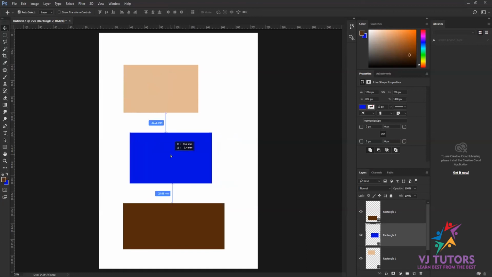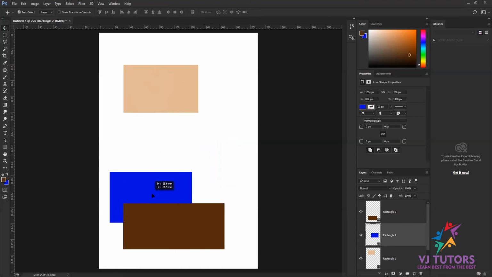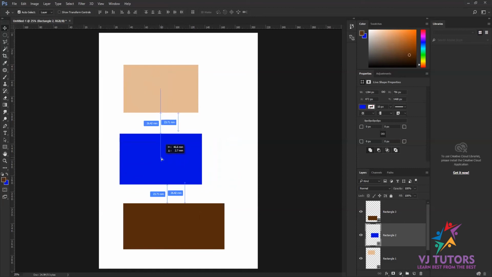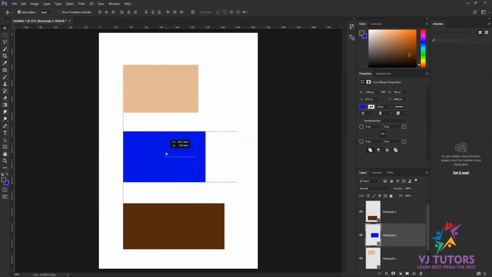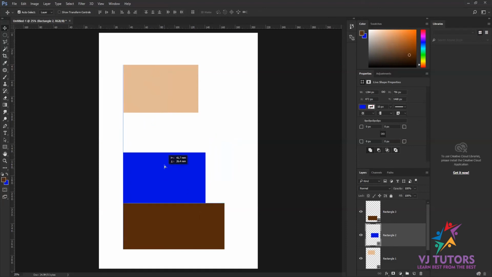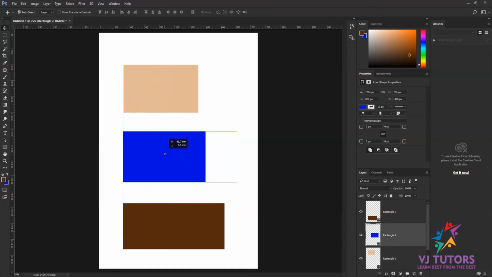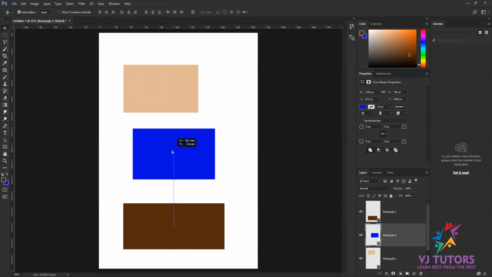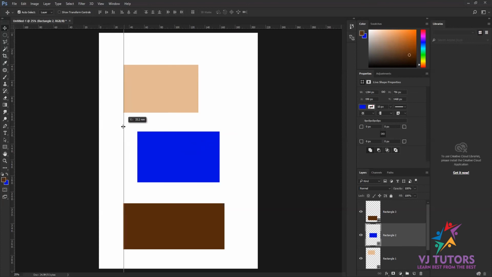You can see there are some blue lines which tell me my object is in the center of my second object, or my object is on the line of my second object. This is the most useful option in design. You don't need to create any normal guidelines to view my alignment or my particular positions for the objects. It automatically shows me my positions as well as my alignments with the smart guide.